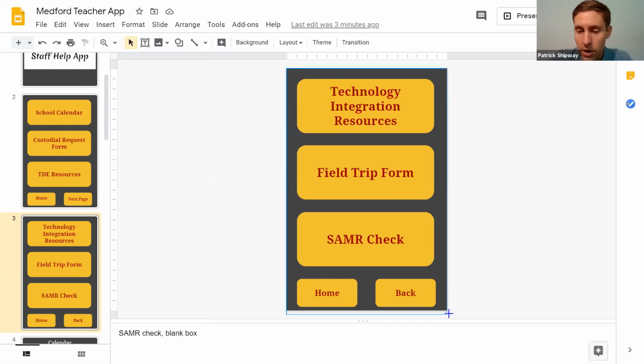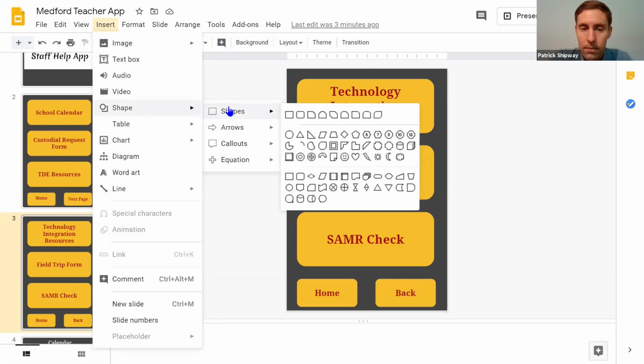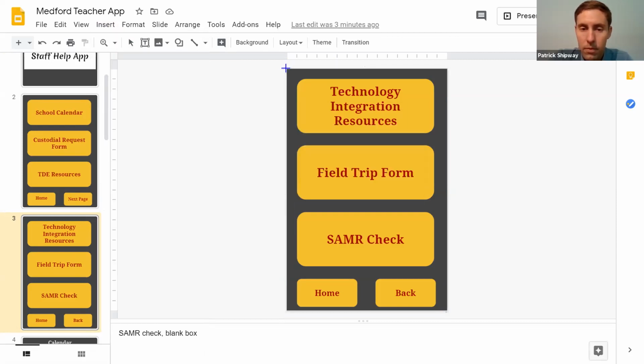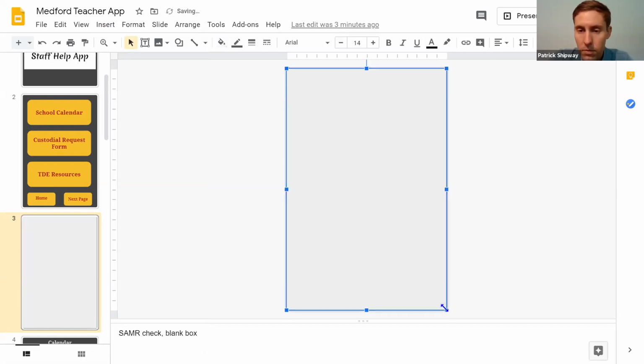I drag over the entire shape here. That did not work, what the heck? Insert shape. There we go. So this shape, I want, if they click on it, to just come right back to the